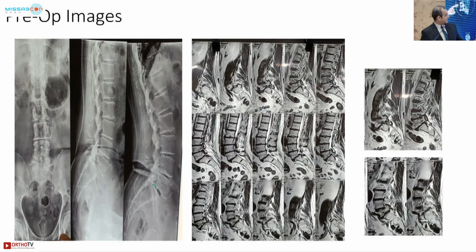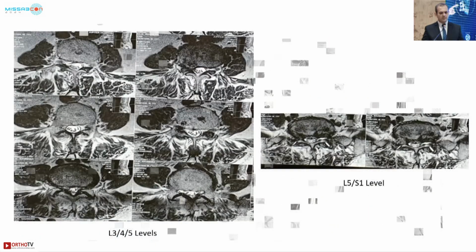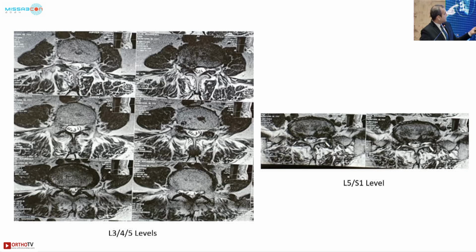These are the X-ray and the MRI pictures of the patient. As you can make out, there's a listhesis at the last mobile segment causing bilateral foraminal stenosis. And these are the axial cuts of the patient, wherein you can see from L3-4, there's an extruded disc causing lateral recess narrowing on the right side. L4-5 also has a right-sided small disc fragment with moderate lateral recess stenosis. And of course, L5-S1 has full facets with facet arthropathy and bilateral foraminal stenosis, which is evident in the